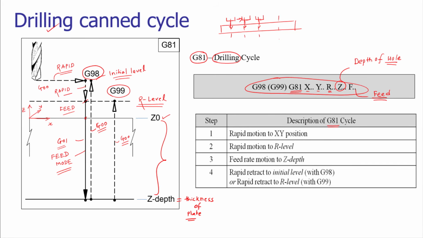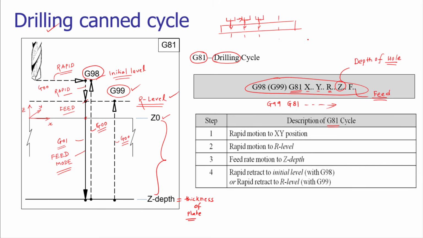So in this case, when the geometry is plane, there is no need to get the tool back to the initial position because that will consume a lot of time. So for that purpose, we are asking the tool to come to the reference level, and from the reference level, it has to go to the next destination in a rapid way. So when such information is to be passed to the machine control unit, we use G99. So the text would be G99, G81 and the other operation, when we are saying that the geometry is plane and it has to just pass as fast as possible.